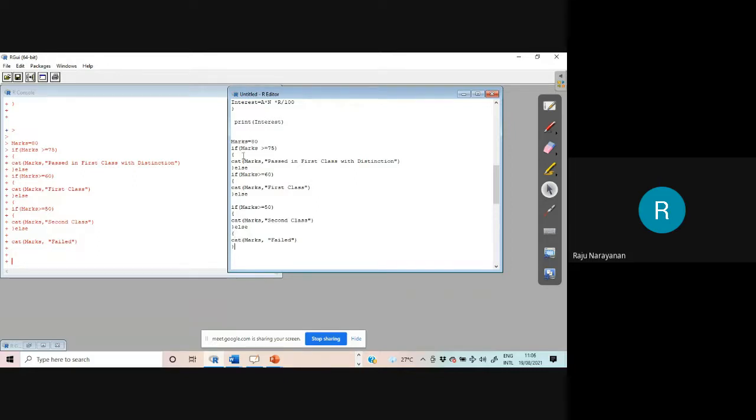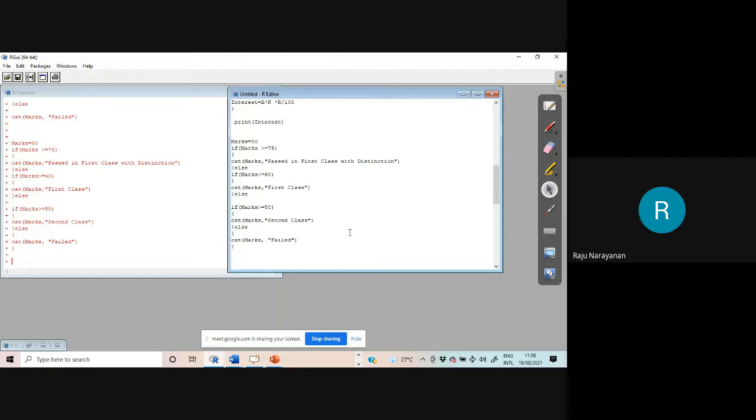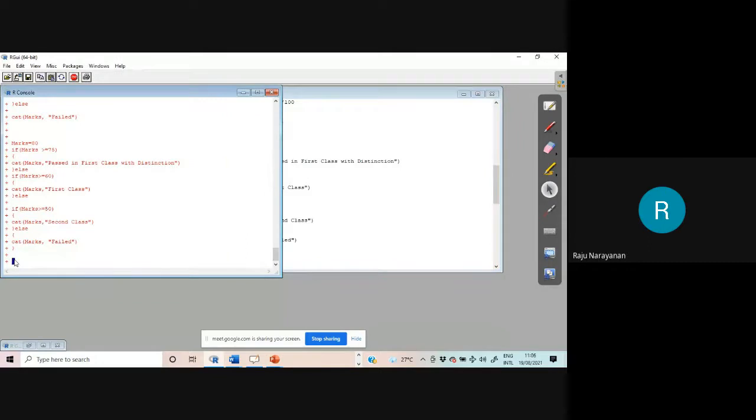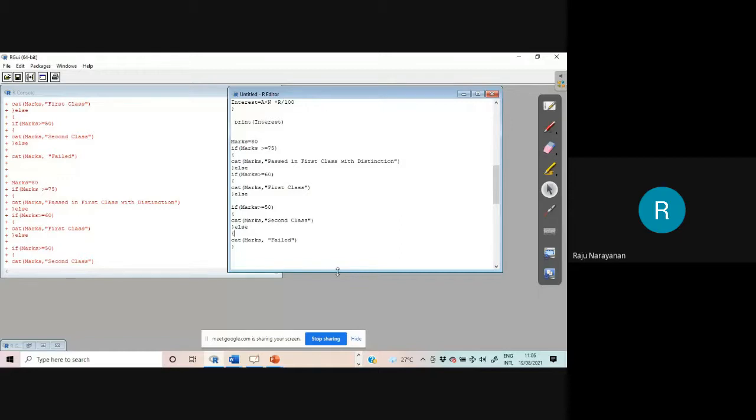All right. This is good to know. What nonsense. Something is missing. Don't worry about that. I will find it now itself. Cat marks else. If marks greater than equal to 60, cat marks first class. Else, if marks greater than equal to 50, cat marks second class. Else,